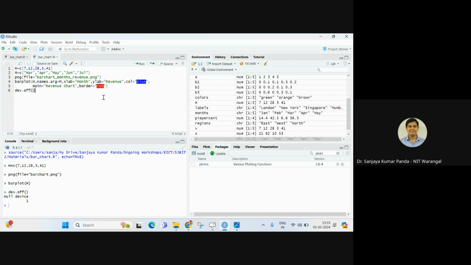Okay, so what we have added in comparison to the previous one, I have added the list of months. And I am considering these months using another parameter, that is names.arg, names argument, and I am mentioning what is the X level meaning, what is the Y level meaning, and mentioning the color of the bars and the border. Border means the outer part of each bar, so it should be represented in some color, which I mentioned here, the red color. So if you execute it,